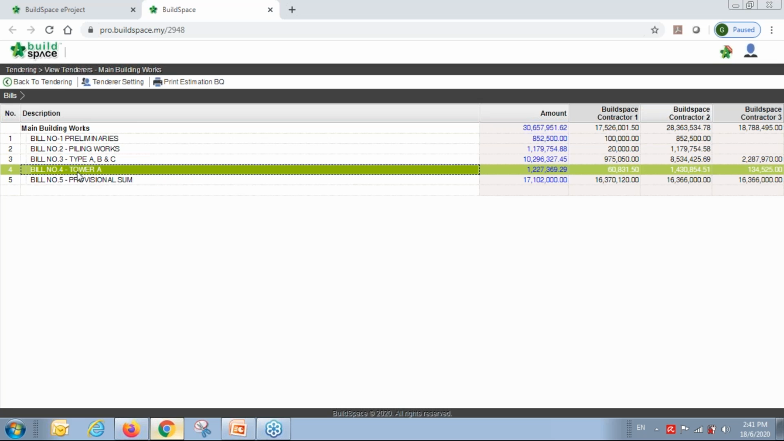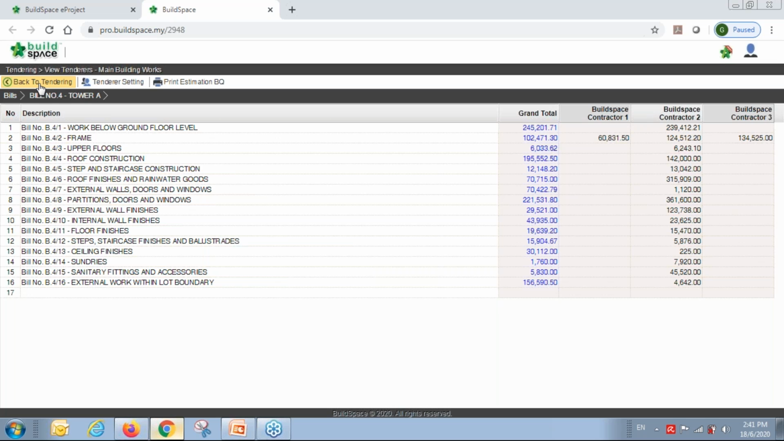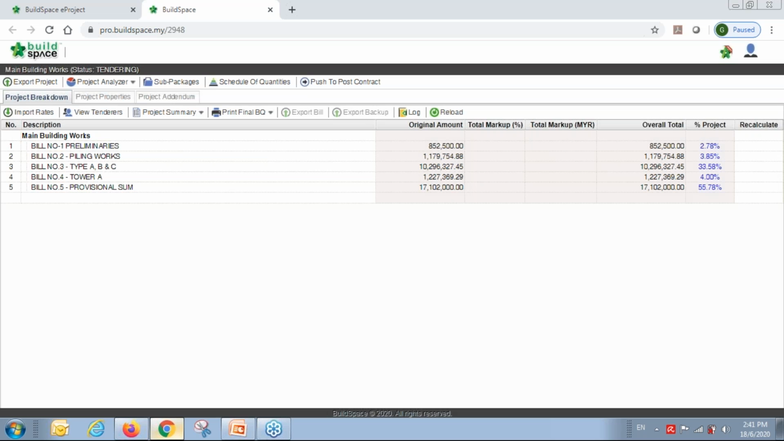Let's say for example, tower A. Okay, for example, now you want to do the checking, whether all the submitted rates from the tenderer are similar or not. Let's say for concrete item, you can go to here, project analyzer, schedule of rates analysis. If you click this one,